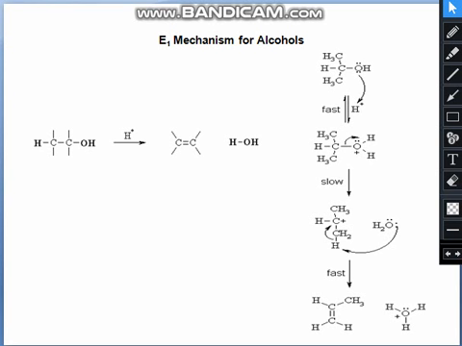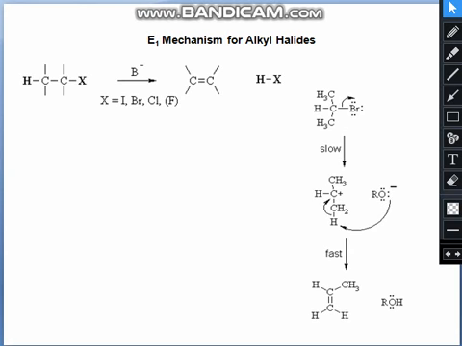Then the third step in this reaction is again an acid-base reaction. This is deprotonation by a base, meaning a water molecule, from a carbon atom adjacent to the carbocation center, leading to the creation of a carbon-carbon double bond. This is the E1 mechanism of alkyl halide. In this, the first step is cleavage of the polarized carbon-halogen bond, allowing the loss of the good leaving group, a halide ion, to give a carbocation intermediate.